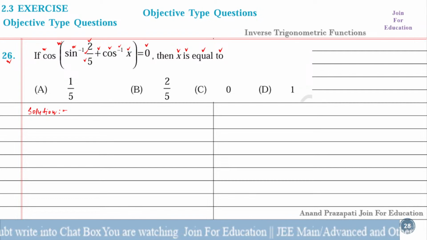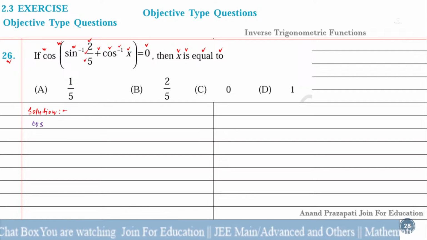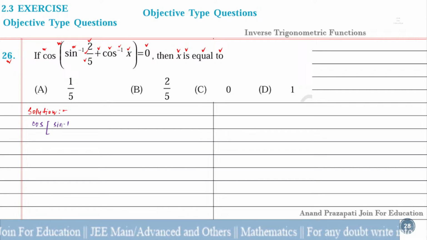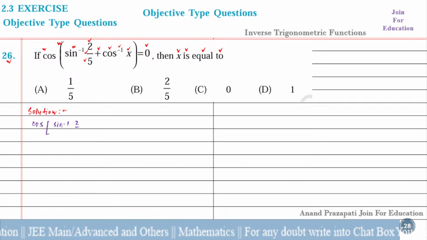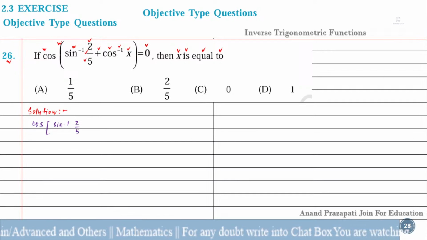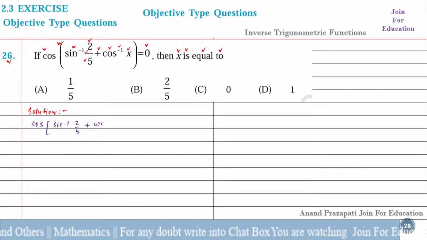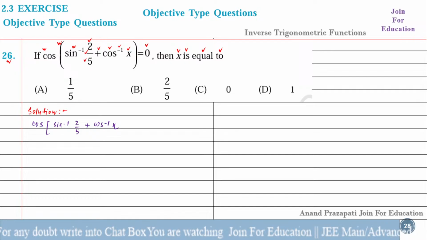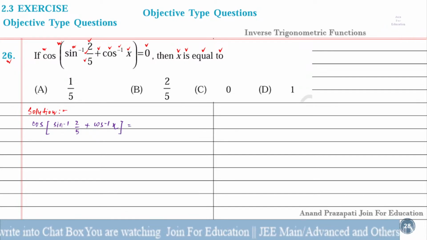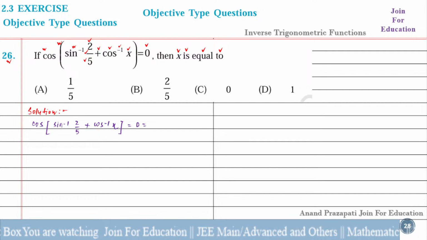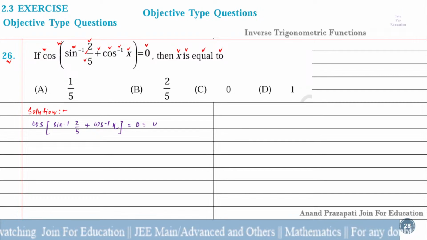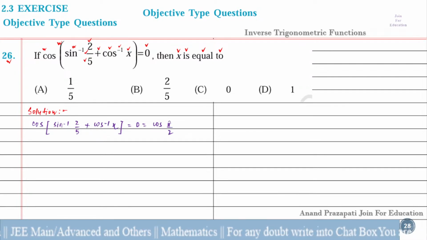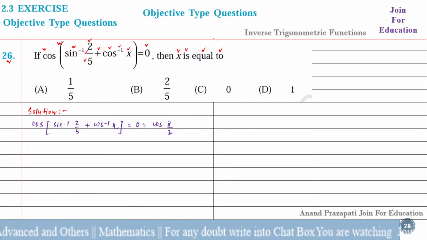So, cos of (sin inverse 2 by 5 plus cos inverse x) equal to 0. For this we write down here cos pi by 2. We know that cos pi by 2 equal to 0. So here next step will be